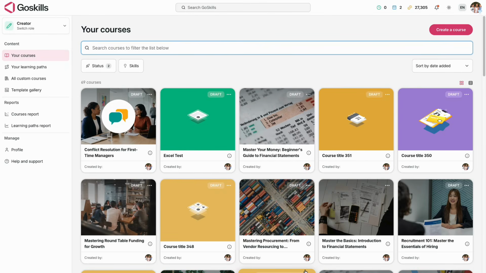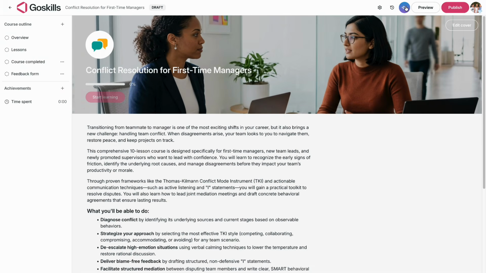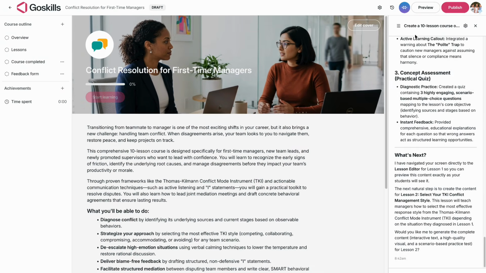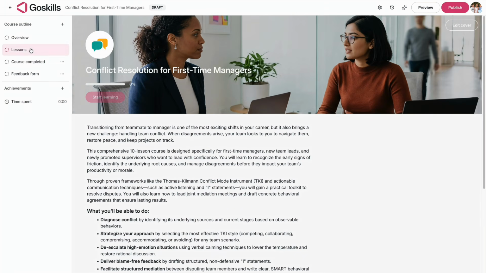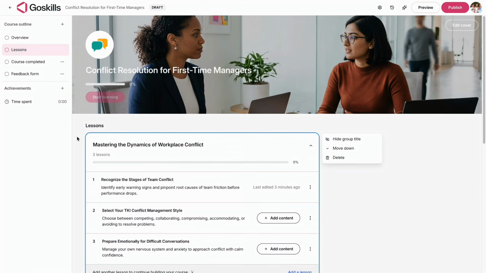First, let's open a course in the Course Builder. I'm working on a course called Conflict Resolution for First-Time Managers, which I've been developing with the help of Genie, GoSkills AI course creator. So let's go to Lessons and use this lesson called Recognize the Stages of Team Conflict